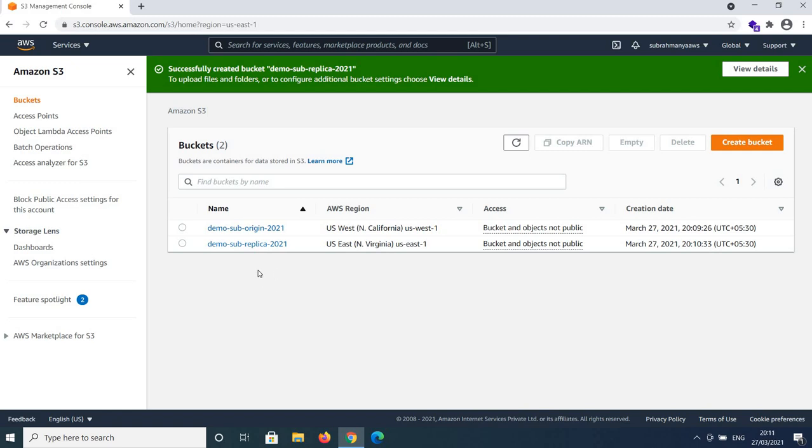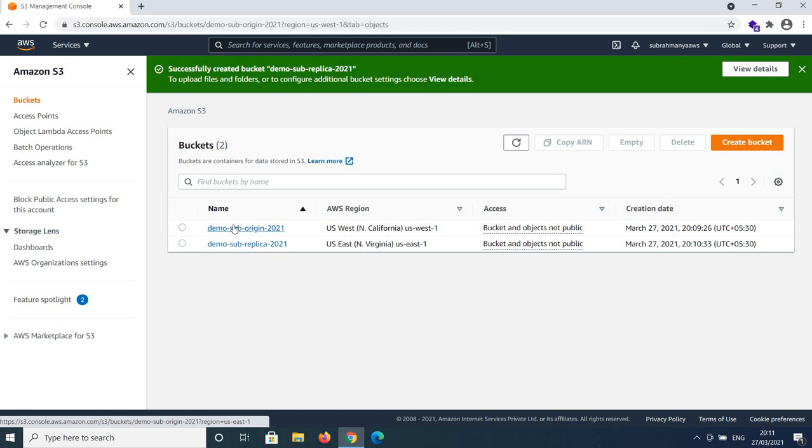Next I will select my first bucket, which is demo sub origin. So whenever I put something to this bucket, it should be replicated into second bucket. For that to happen, you have to enable replication in demo sub origin 2021.